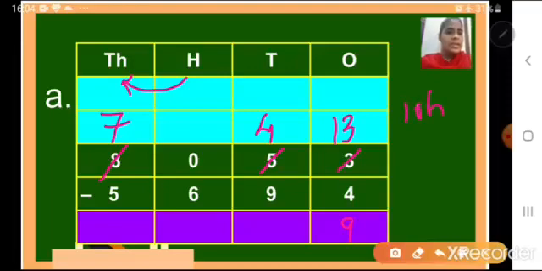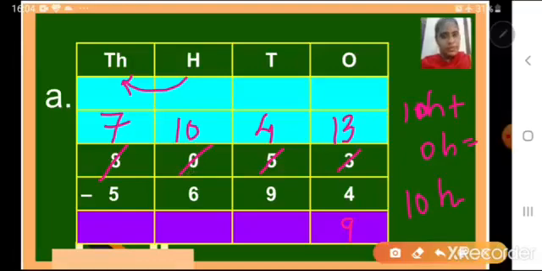10 hundreds, here I am writing 10 hundreds plus, okay, 0 hundreds is equal to, obviously, 10 hundreds. So I will cancel 0 and I will write here 10. Or simply you can put 1 in front of 0. Okay children. Now in tens place we have number 10. Can 4 borrow from 10 hundreds? Yes. So number 10 will give 1. 10 minus 1 is 9.